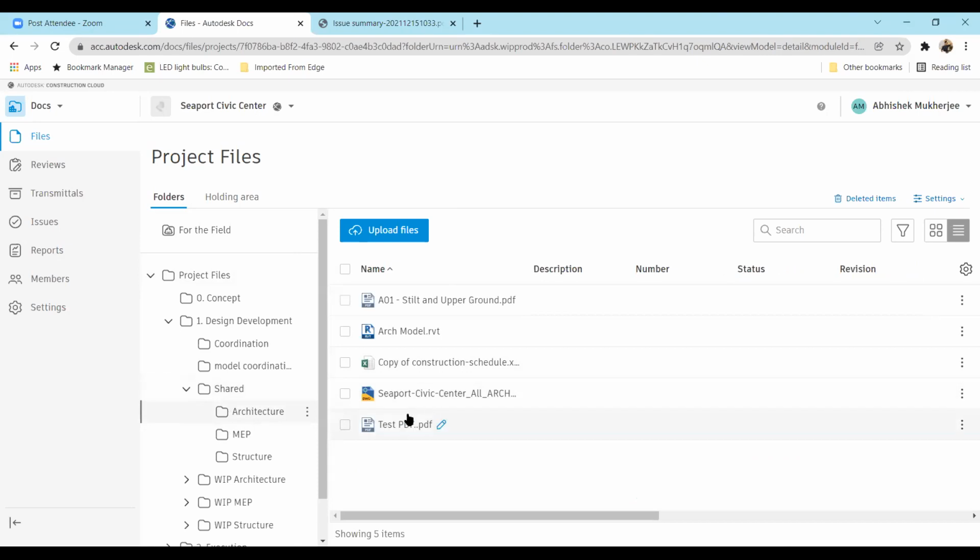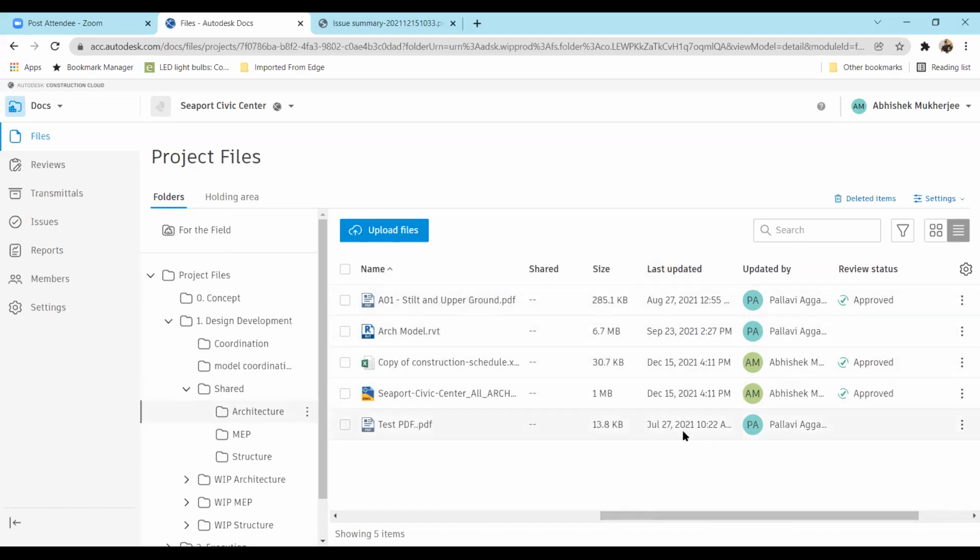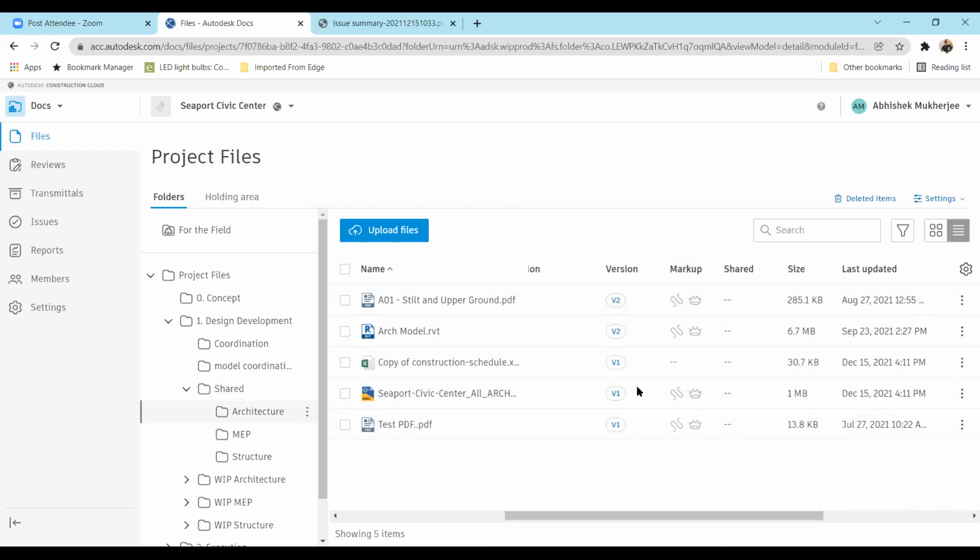It's something like this is approved, right? This was approved by us. When was it approved? It was approved just now, and this was also approved just now. Some other files were already a part of the shared folder, and this has also moved from the approved version. So all of these details, who has last updated the file? I have done this at 4:11, 2-3 minutes before this. What is the size of the file? And other details, whether it contains any markups or not, what is the version of the file, everything is visible over here.